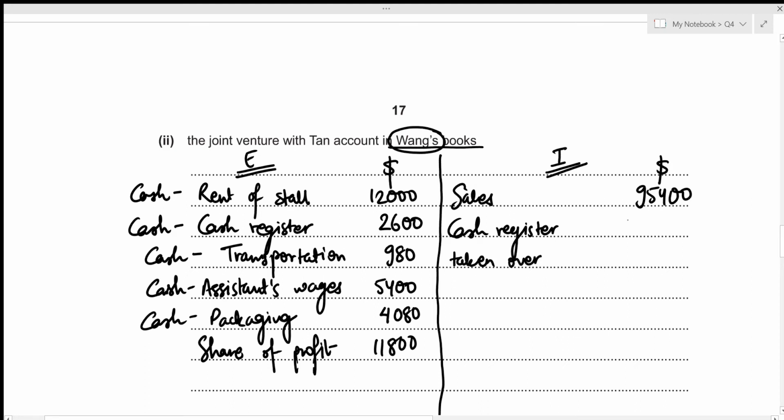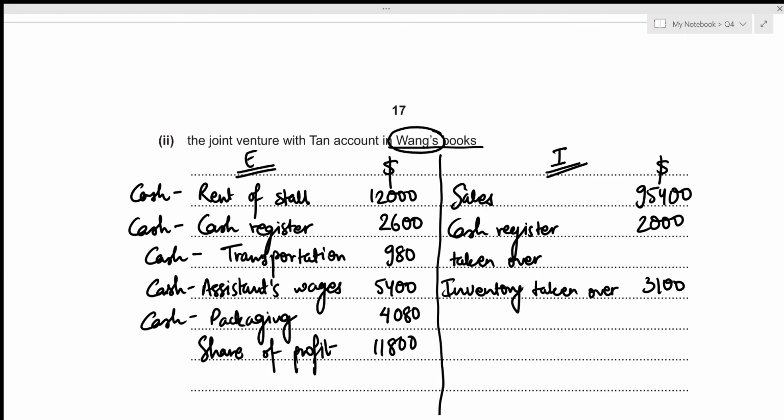With the value of 2,000. And we have inventory taken over with the value of 3,100. Okay, so now the purpose of this joint venture in Wang's books is to figure out whether he owes some